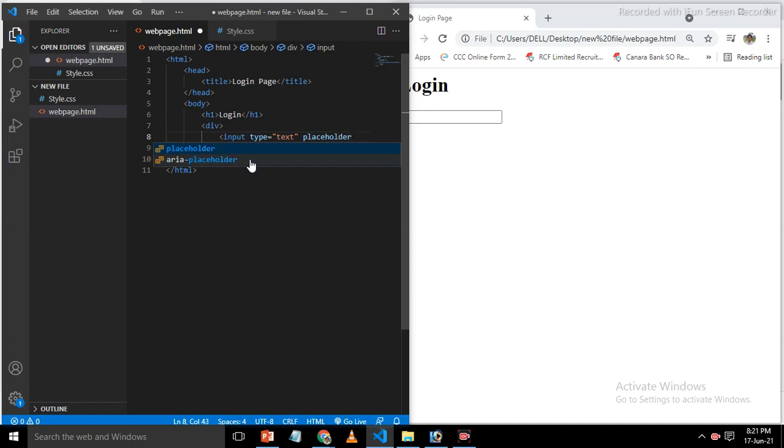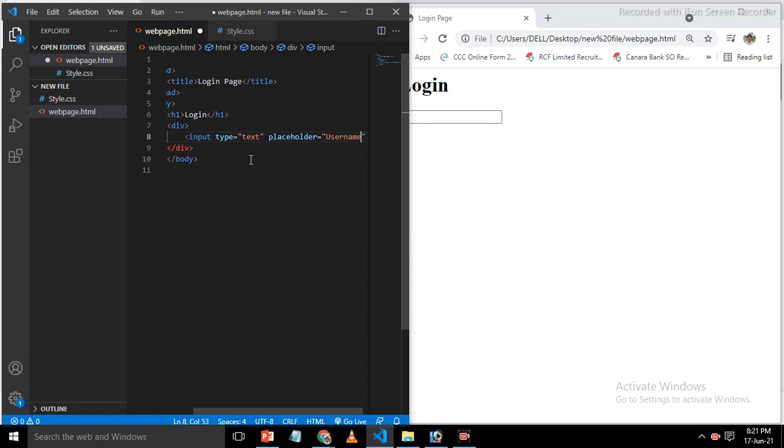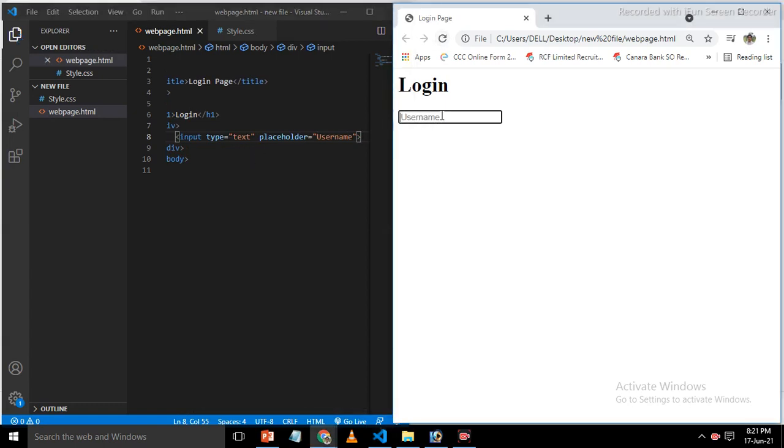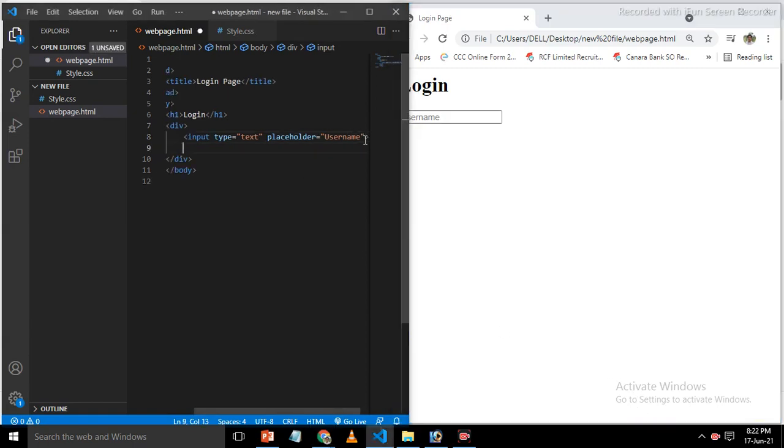Placeholder equals username. Save, and here we refresh. So here comes username. After we put any name here, the username which we placed in the placeholder vanishes. For password we do the same.